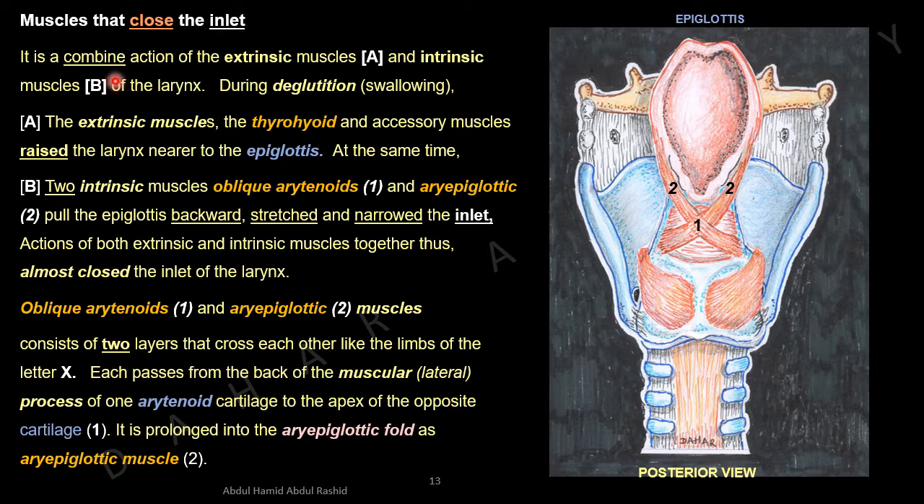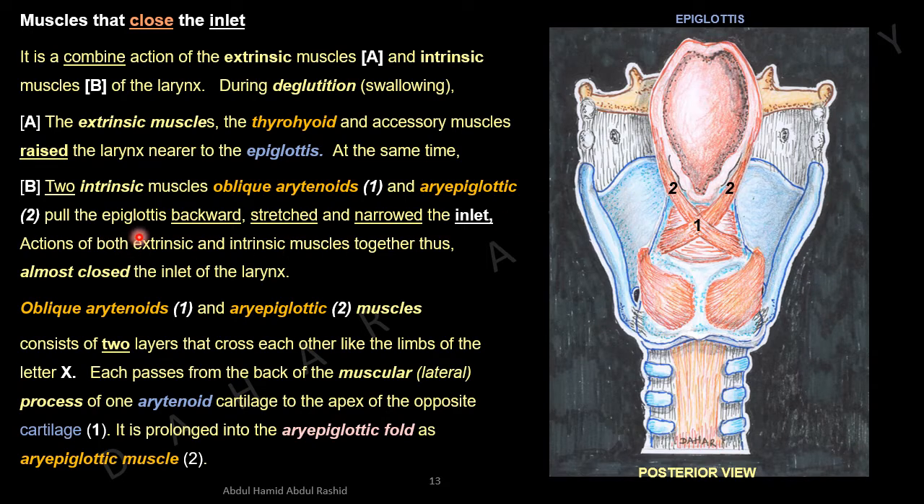It is a combined action of the extrinsic muscles, group A, and intrinsic muscles, group B, of the larynx. During deglutition, that is swallowing, group A, the extrinsic muscles, that is thyrohyoid, and accessory muscles raise the larynx nearer to the epiglottis. At the same time, from group B, 2 intrinsic muscles, that is oblique arytenoid, this is the one, and aryepiglotticus, this is the one,